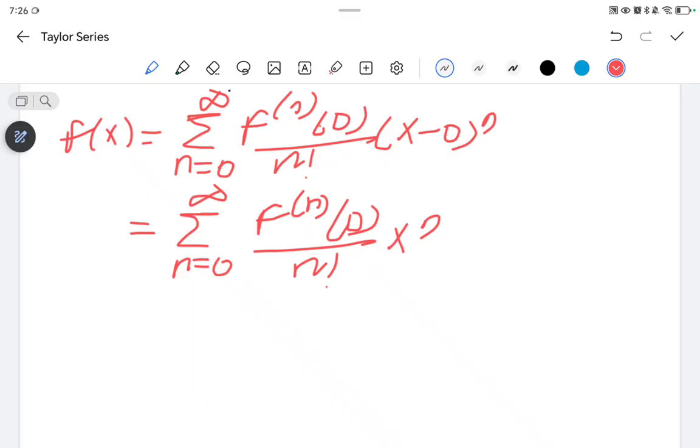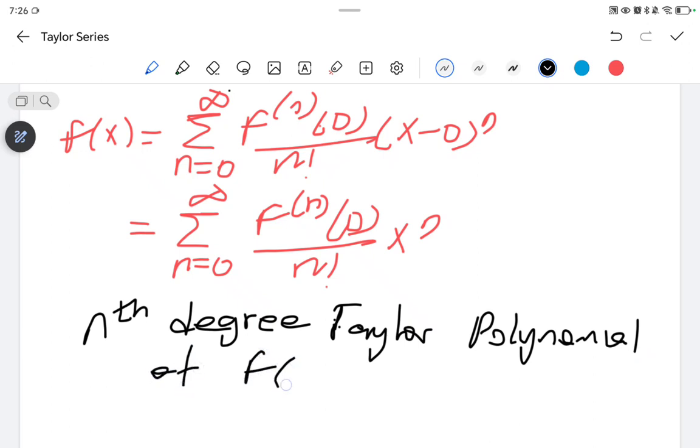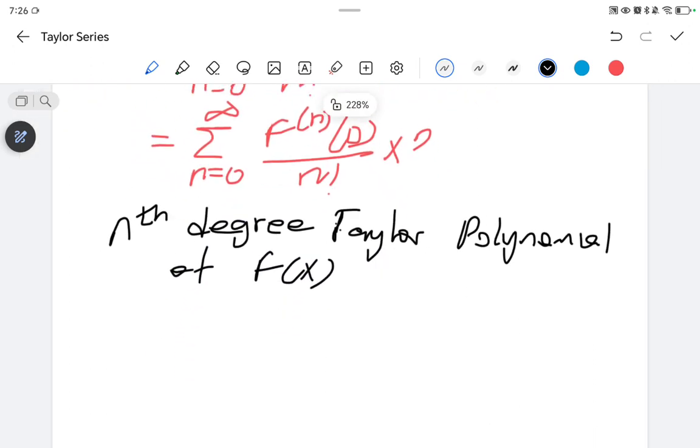So for us, let me just define this. We have what we call the nth degree Taylor polynomial of f of x. So this is given as T_n(x), which is equal to the summation of